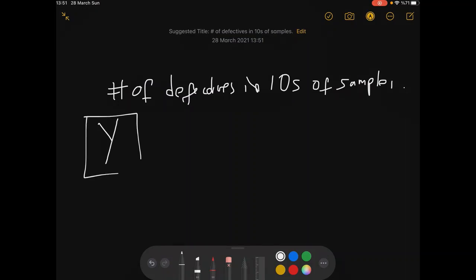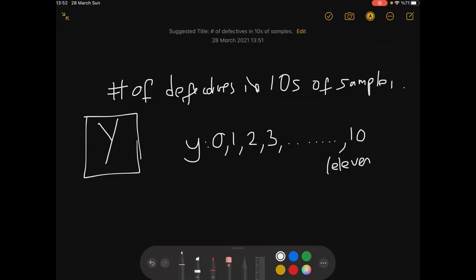See, it is capital, and these are the possible different values of that random variable, depicted like this: 0, 1, 2, 3, up to what? Up to 10, right? Because you have 10 packs here, 10 of them could be defective, and here you can have 11 different values